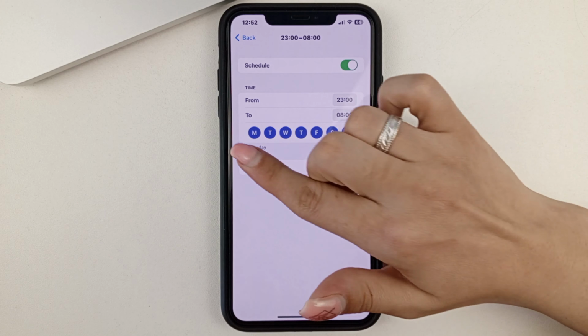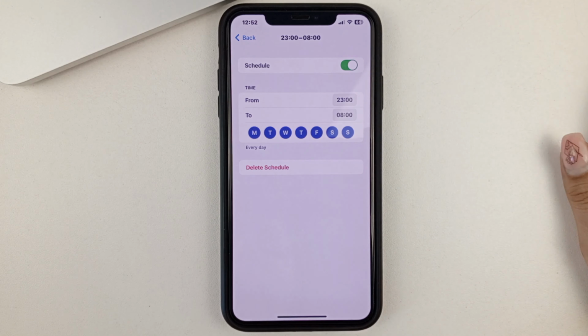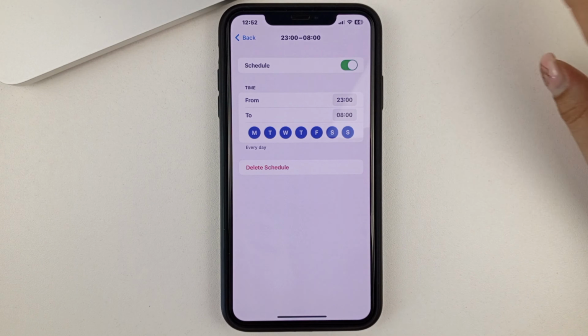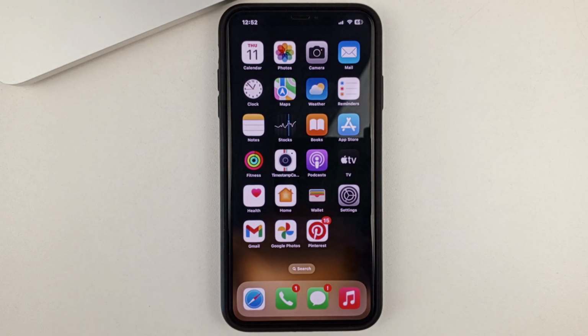As you can see, I have it active daily. You can choose, for example, only on weekdays. You can also select here the times you want to be not disturbed. For example, when you're sleeping, so that no one calls or texts. And after you've set all of this up, you can exit the settings.